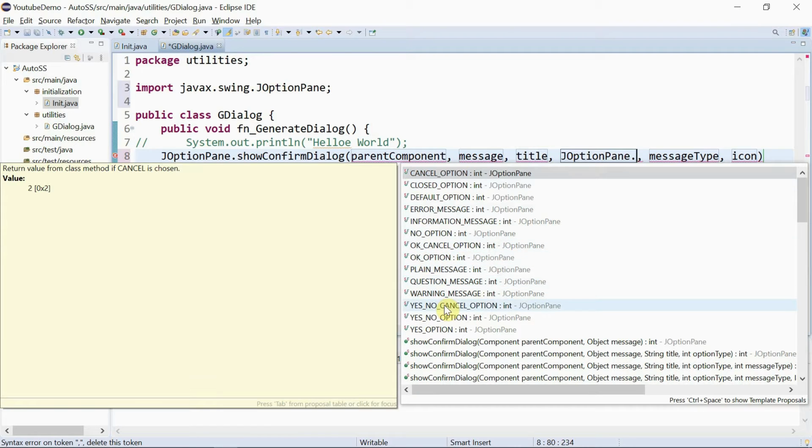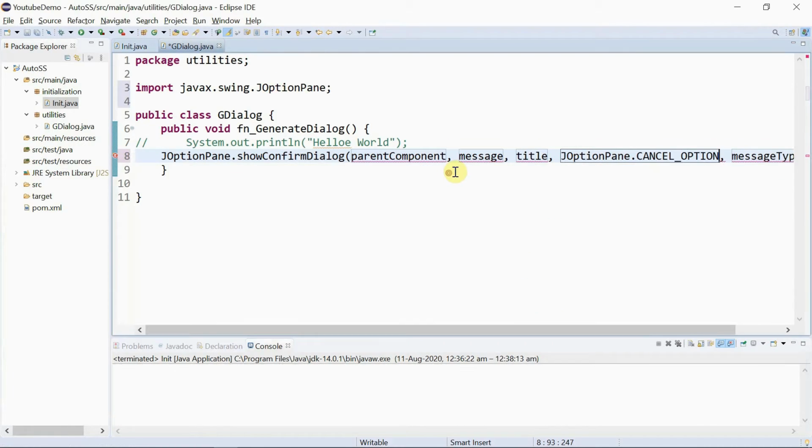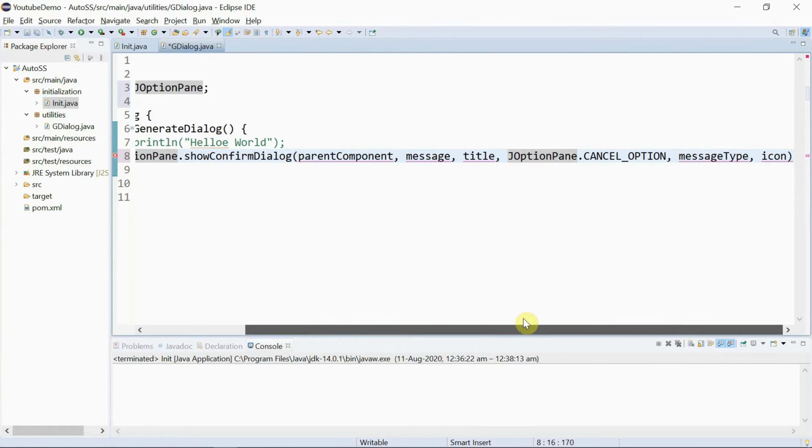So I'll be choosing okay and cancel button. That will serve my purpose. Here is the okay cancel option. But you can see that this JOptionPane, at the left hand side, is returning some value. When you choose the cancel button, it will be returning a value known as 2. So it will be returning some integer value. We can probably catch the integer value here. I'll give option.